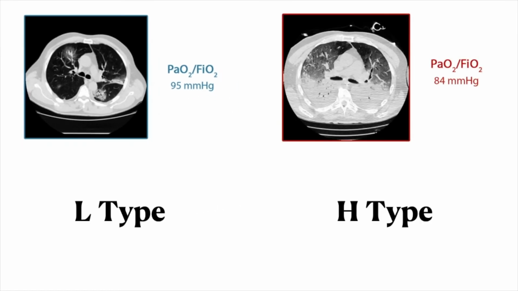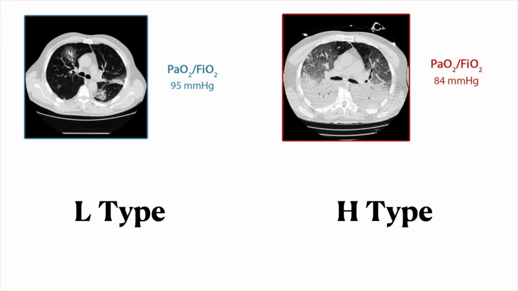So this is the CT scan of the same patient taken 7 days after NIV support. You can see that the PF ratio is more or less the same, but the lung picture is completely different. Here you see a lot of consolidation, especially in the dependent regions. This looks more like an ARDS proper.